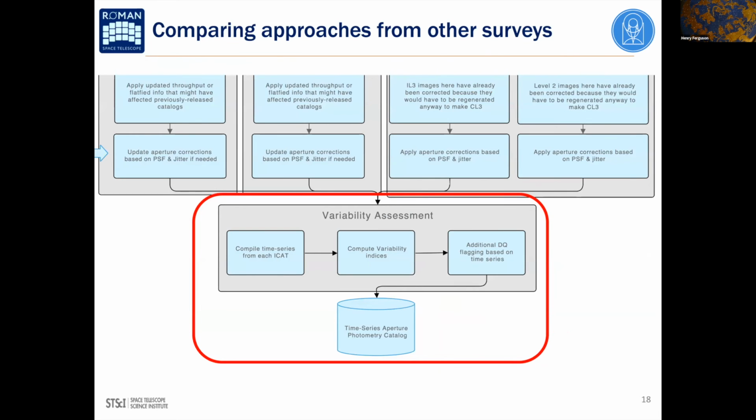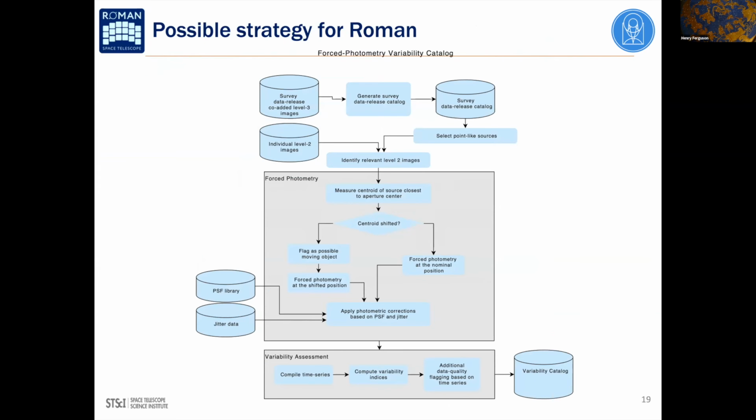And so in any case, after doing this, one combines the time series and computes variability indices, does additional flagging, measures proper motions if possible. So this is sort of a straw man